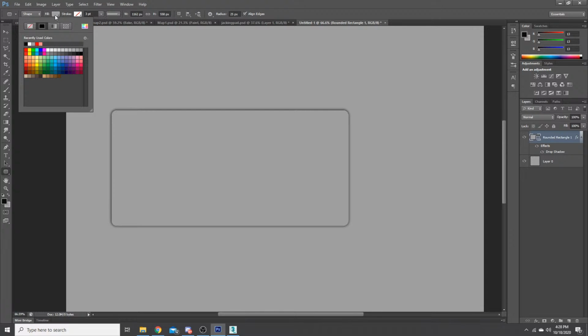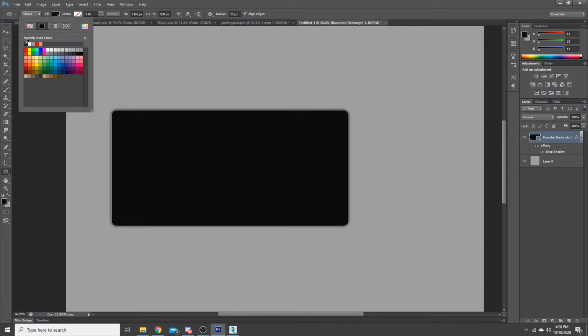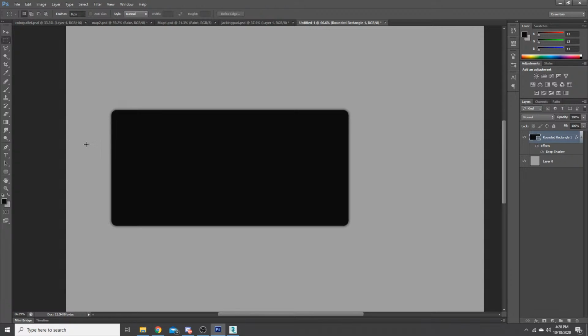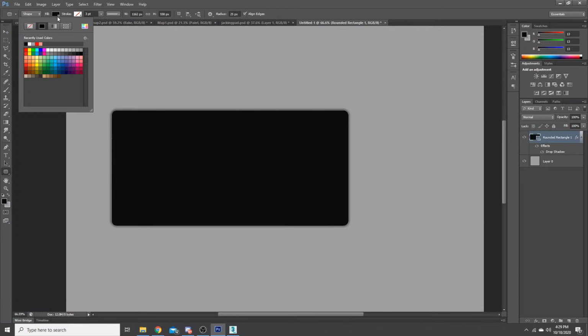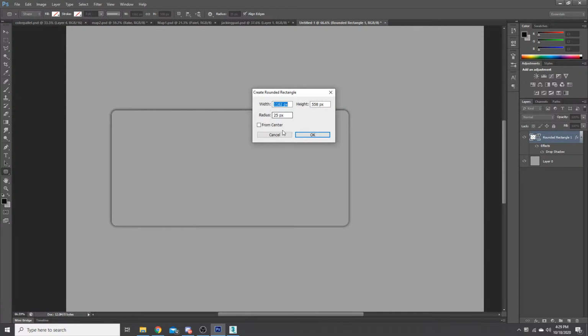We'll actually make the fill that color instead, because that's the color that it's going to be. Well, I take that back. We just need this to do the outline. So I'm trying to think about how to do this. We don't need a fill. I'm an idiot. No fill. Cancel.